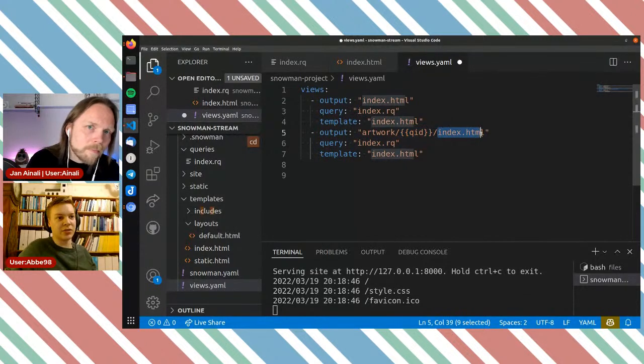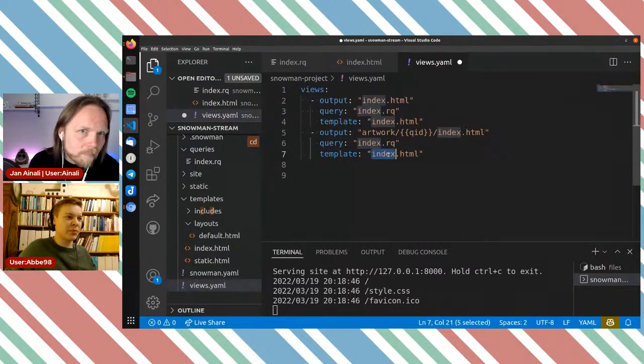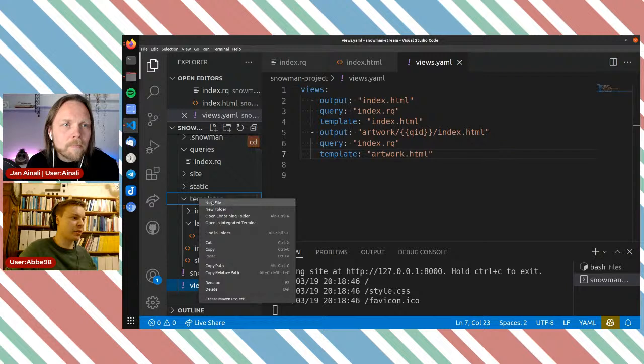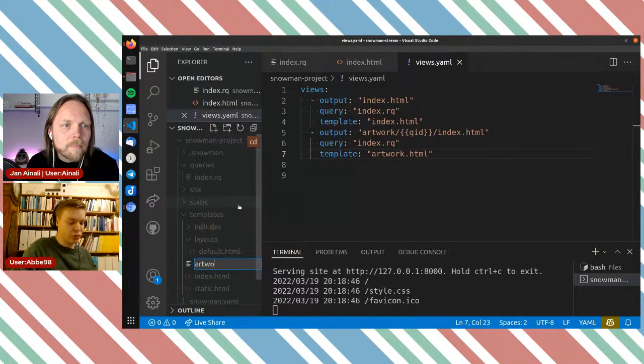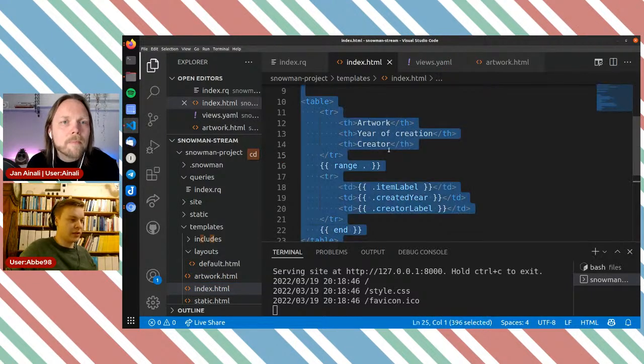And the index here is just saying, put this in the root of the directory. But I still want to work with the same query. I don't want to specify a new one, but I want a new template as well. I want artwork.html, like that. So in my template folder, I'm going to create artwork.html.